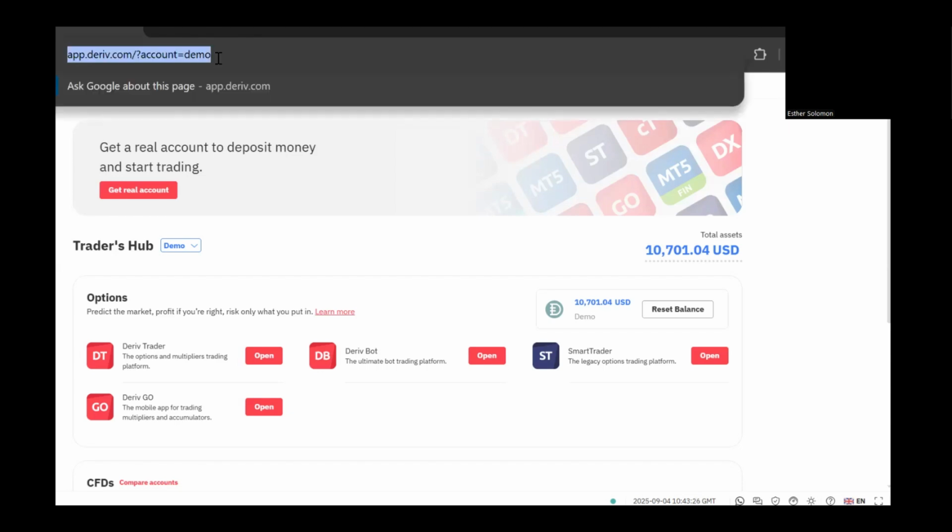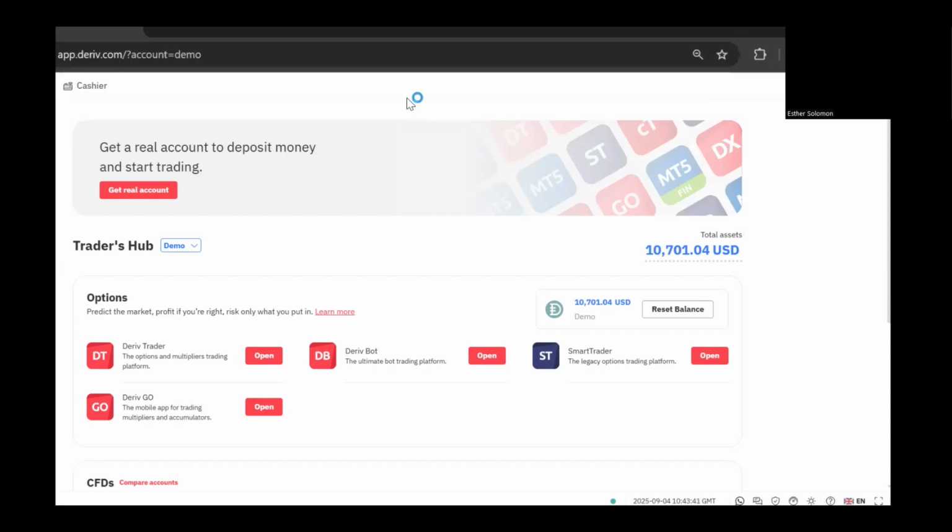So there are different brokers, depending on what you want to trade. If you want to trade cryptocurrency, there are different brokers for that. If you want to trade currencies, there are different brokers for that. If you want to trade synthetic indices, there is also a different broker for that. If you want to trade the stock market, there are different brokers for that. And some brokers offer all these services. Maybe a particular broker can offer trading in stocks, trading in cryptocurrencies, and trading in synthetic indices, while other brokers offer only trading in currencies and stocks, some bonds and all that.